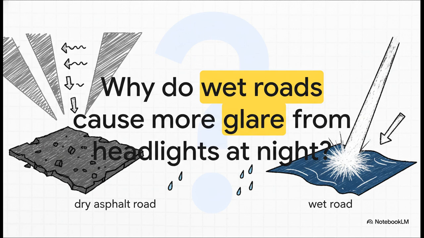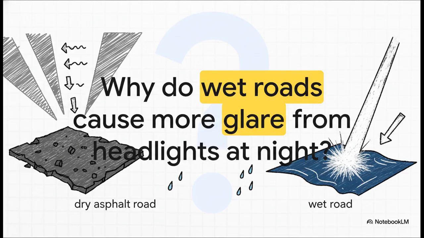Okay, here's a fantastic real-world example of this. You've definitely experienced this. A dry road is rough, right? So it reflects light diffusely, scattering it. But when it rains, that water fills in all the tiny little pits and cracks, making the surface smooth. All of a sudden, you've gone from diffuse to specular reflection, and that's why the headlights from oncoming cars create